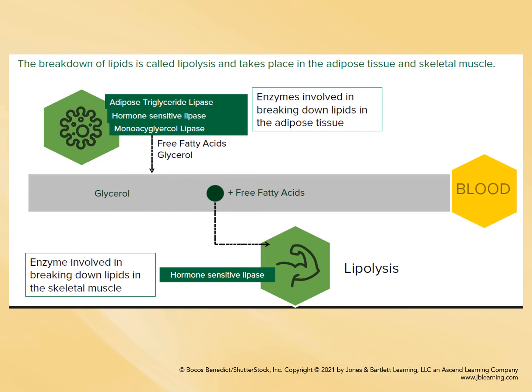Hormone-sensitive lipase is active in the lipid cells, but it's also the primary enzyme breaking down lipids in the skeletal muscle. The glycerol and free fatty acids will then be transported into the blood and move to the working muscles,